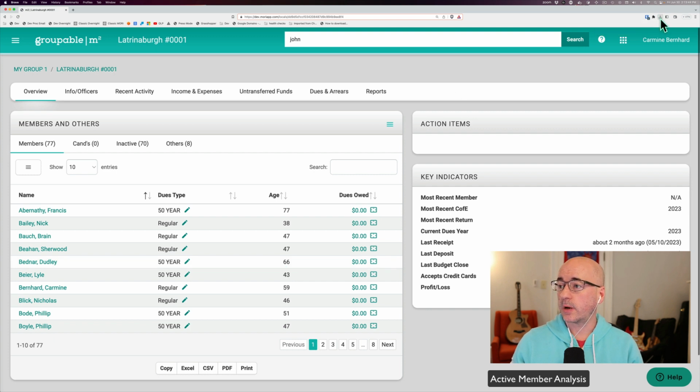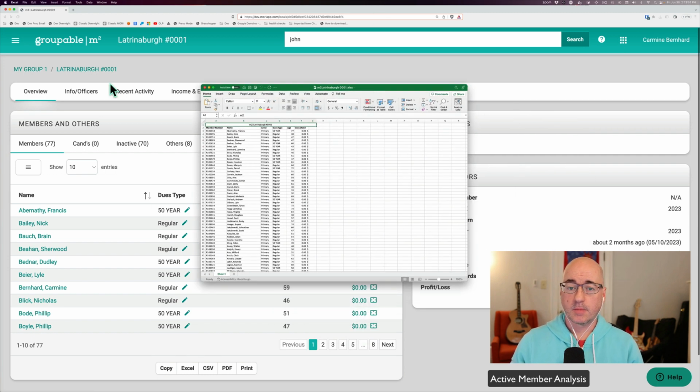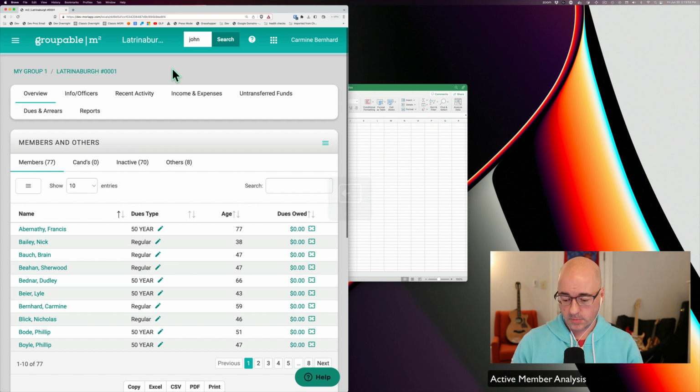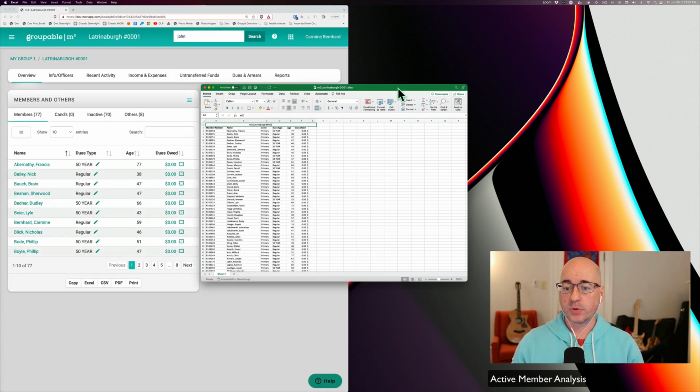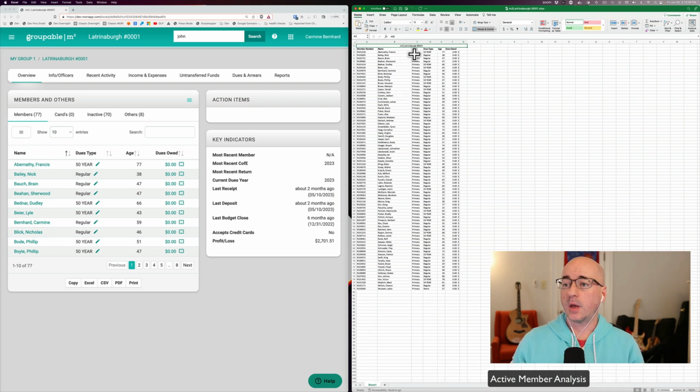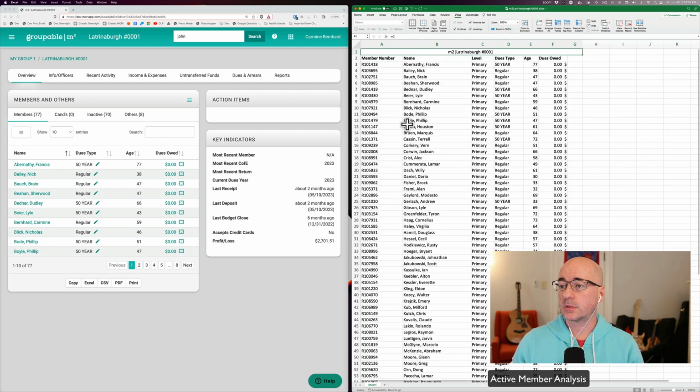I'm going to go ahead and open that file up, and I'm going to bring it over to the same screen here. I'm actually going to split my screen now. Make this a little bit smaller so I get my columns back. I'm going to put this over here. And I'm going to make this a little bit bigger because even I can't read that. Okay, so blow it up a little bit so I've got a little bit more information here.